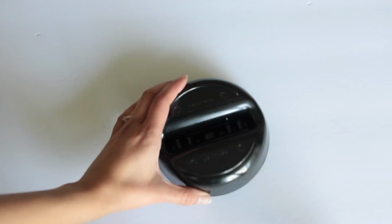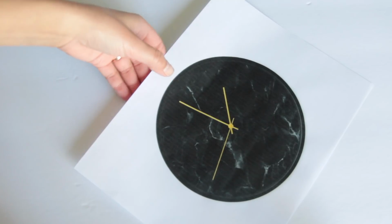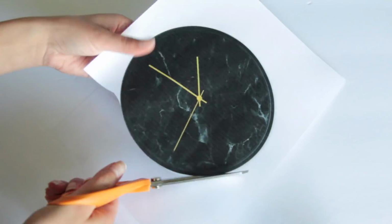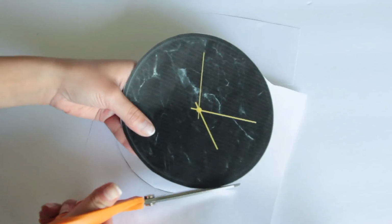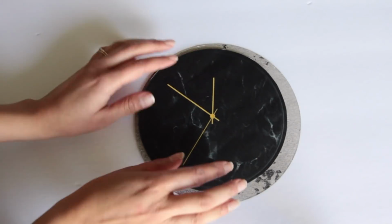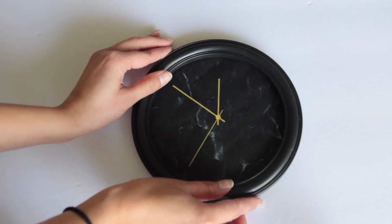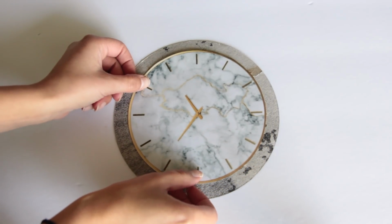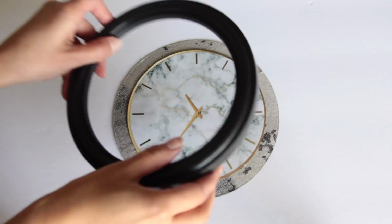Now what you are going to do is you are going to print out a picture of a clock. I just went to Google Images. I found 2 different clocks. So there's this black one that I'm showing you first. I go ahead and I cut it out, and then I just place it back inside of the picture frame. So that's the clock with the black background, and then here's one with a white marble appearance and some gold